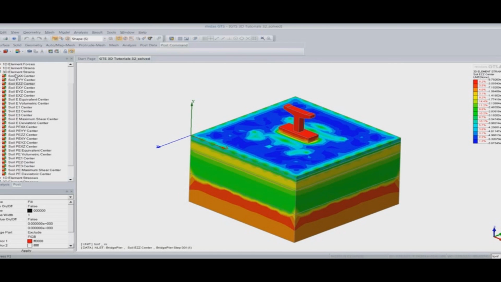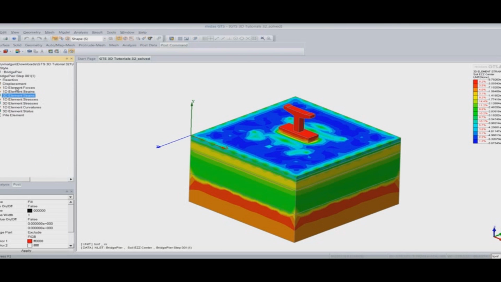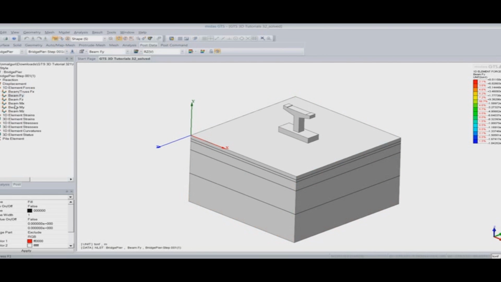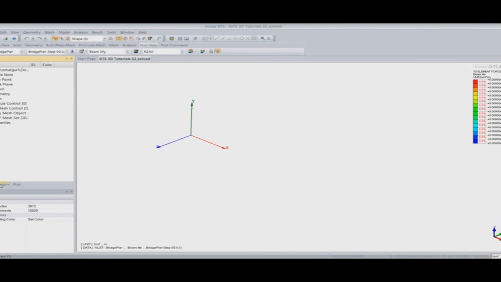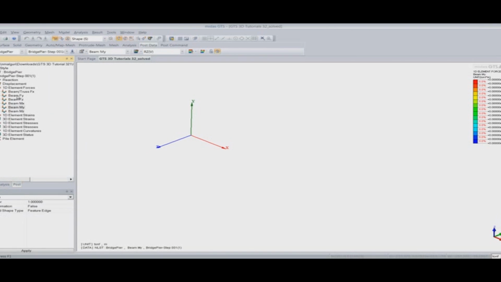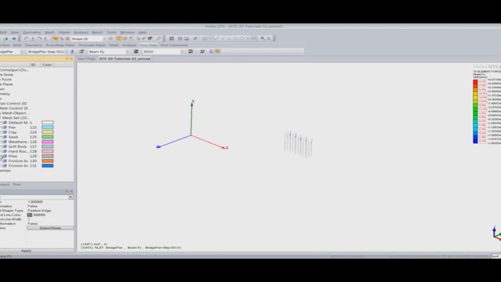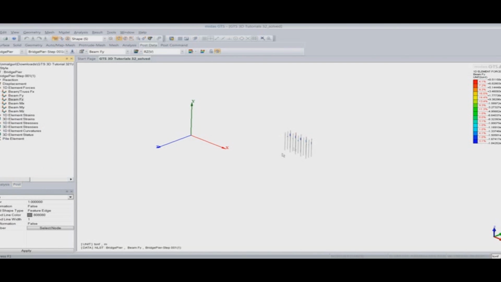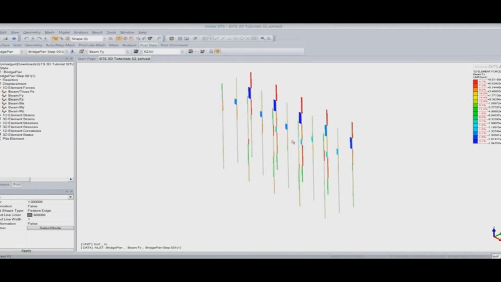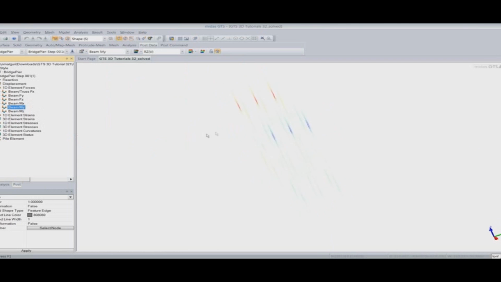Now let us obtain the forces in the piles. For obtaining the forces in the pile, I will go to the 1D element forces option, and let's see the bending moment in the major axis for the piles. Now for that I will check off all other mesh sets and I will check on the mesh set for the piles, and here you can see that only piles appear in the result and we can see the results for the pile. So if I want to obtain the bending moment, this is how the bending moment profile looks like,